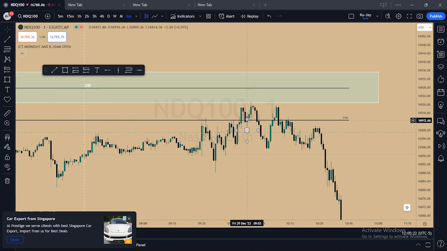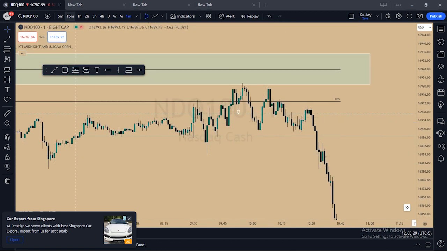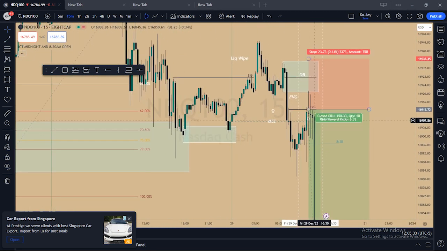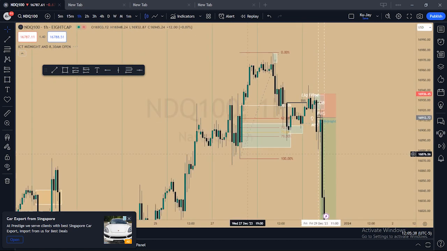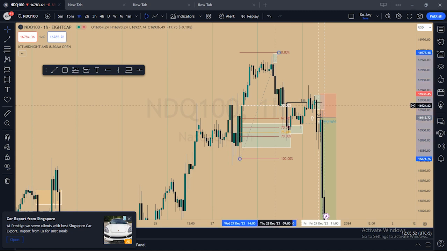This is what happened on the 1 minute time frame. Price went down, then rallied down. Don't trade the 1 minute. Our entry is always on the 15 minutes or 1 hour. If you check the 1 hour again, the same thing happened on the 1 hour. I'm just going to remove these.